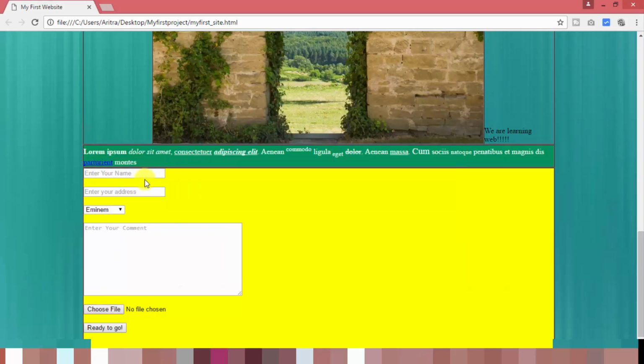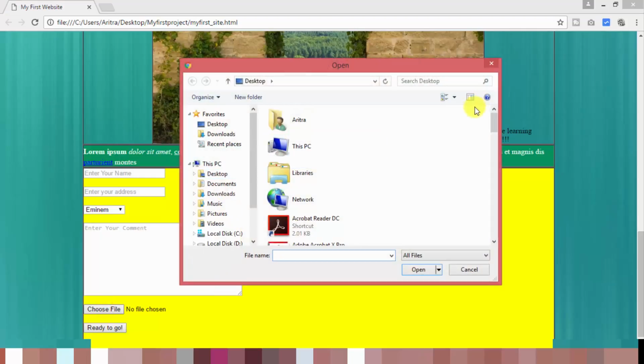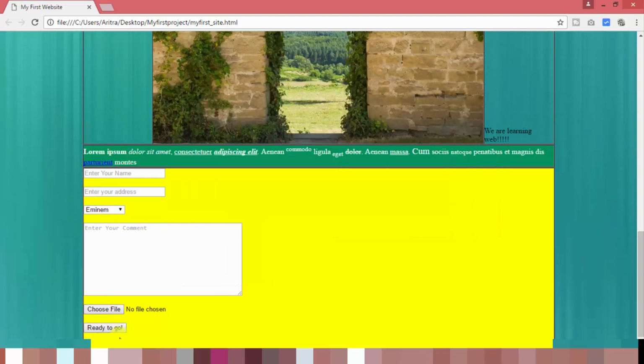So now your form field is ready. It is using a name, an address field, a drop down list or option list, where you will be provided with some options as set by the admin of the website. And then you will provide some comment over here, and then you may attach some file as you want. After completing all these things in your form element, you are ready to go. Now you may submit